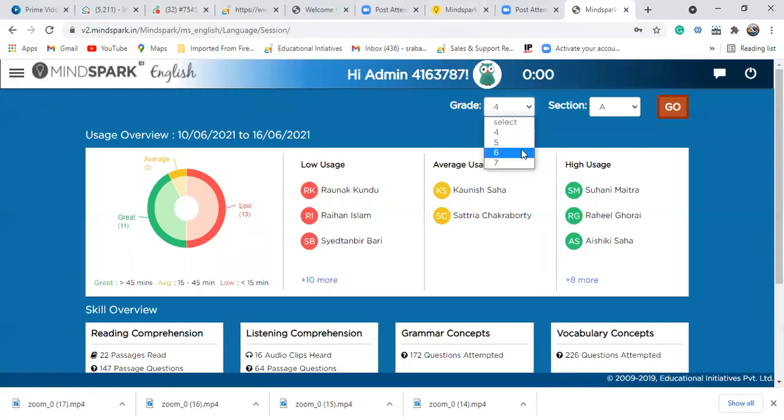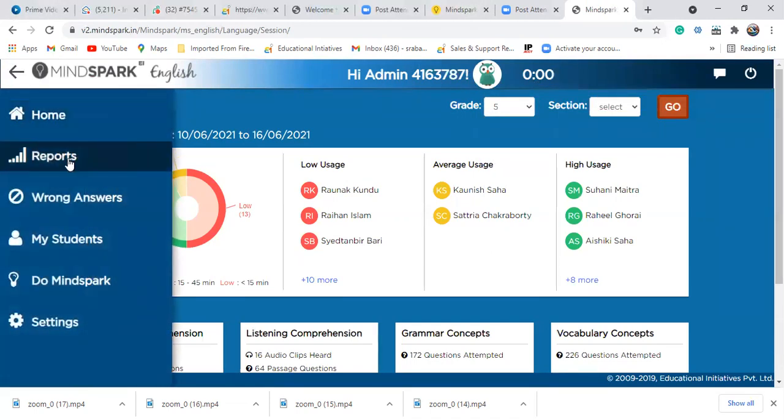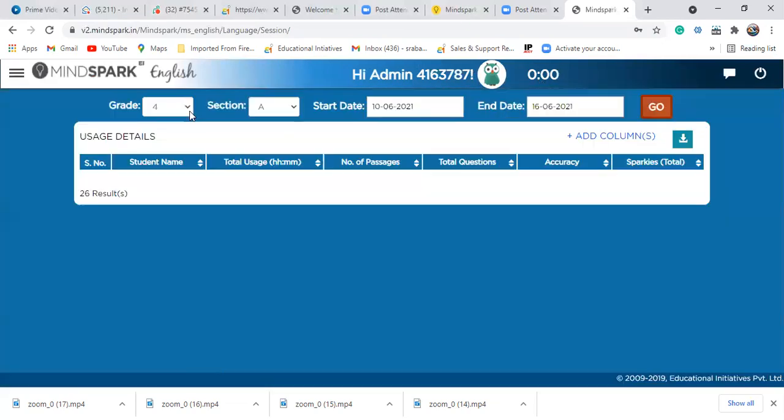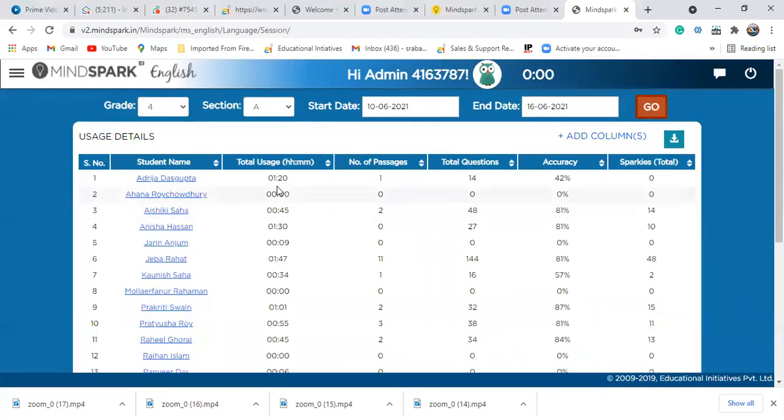For classes 4, 5, 6 and 7, you are going to get English. So in English, you do not have to do anything. If you want to check the report, you can check it by going over there. What is their usage? How many passages have they done? What is their accuracy? How many points have they got? All these things you can check from English.